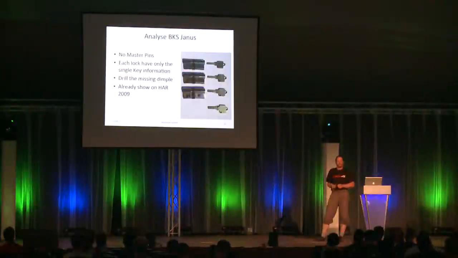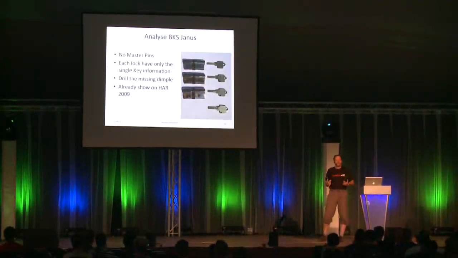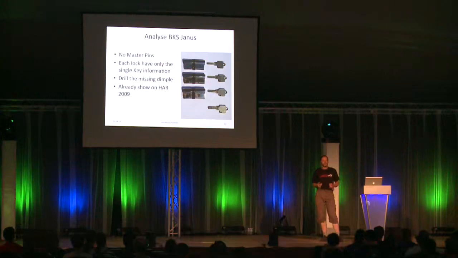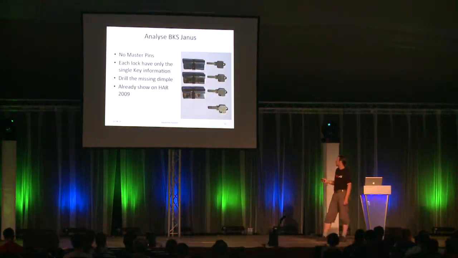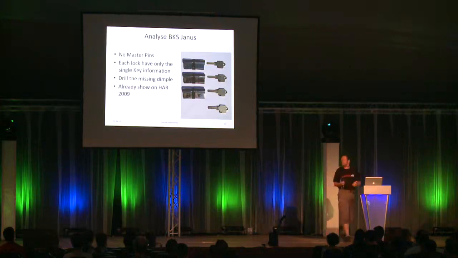The only way for mechanical locks to make security or to hide the master key is security by obscurity. You have something to obscure the master key, and it doesn't recognize it from a lock or from a key. This is a really good thing. So when I have only a single lock of it or a single key, I never know what the master key is. It can do everything.